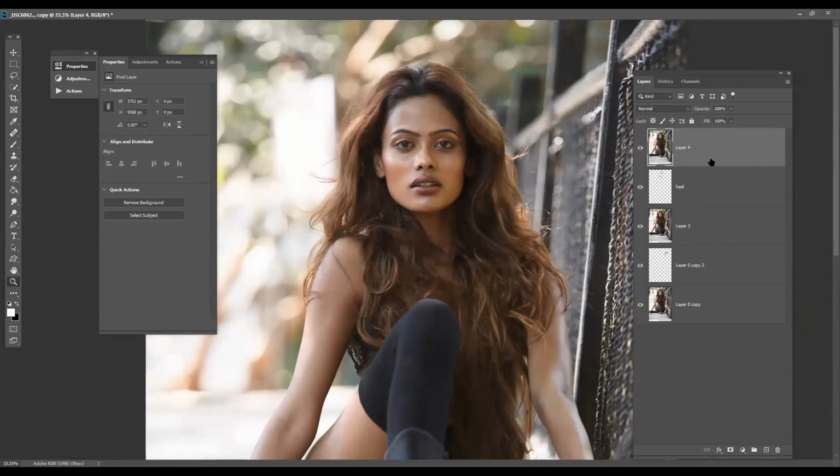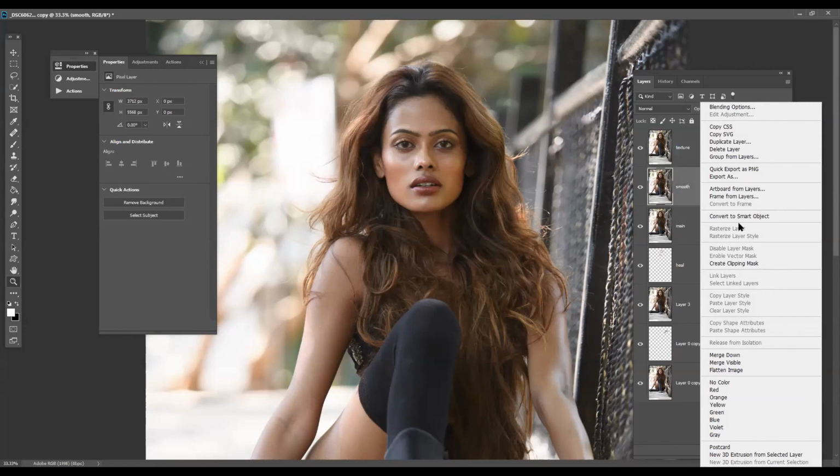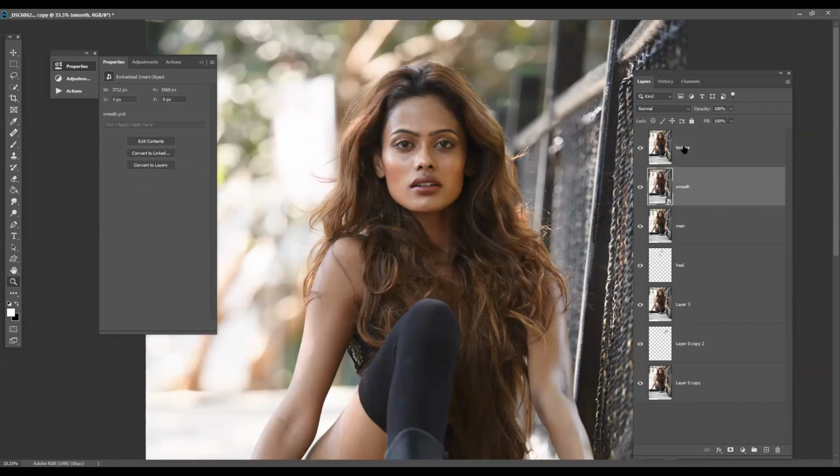Let's make two layers, one as main layer, make another layer, smooth, make another layer of it, texture. Put it with a convert to smart object, same convert to smart object.